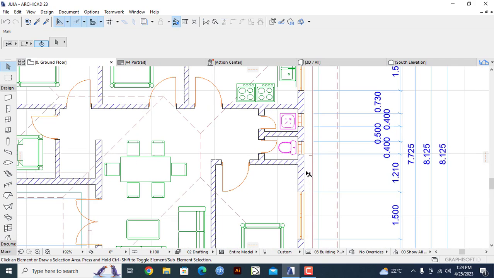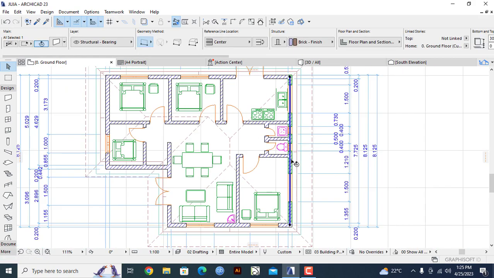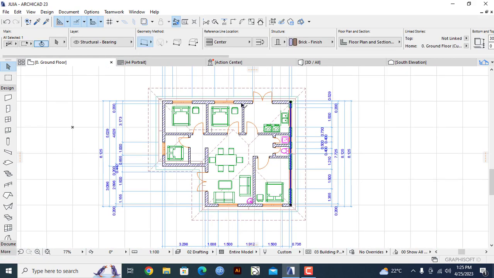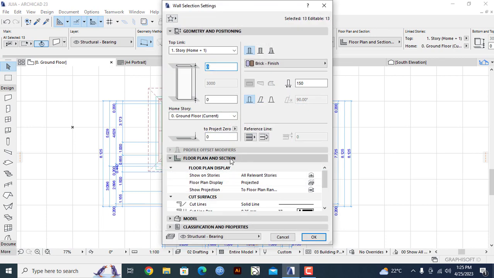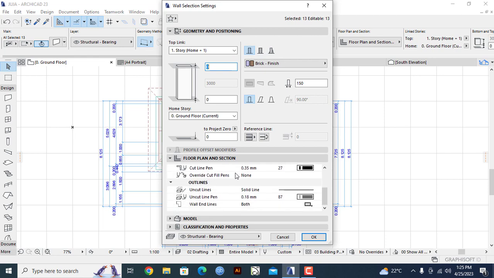So another thing that I also need to share with you is, still on the cut fill, I think there's something I'm leaving out. Let me just select all my walls. I'll be subjecting them to the same parameter. I believe all of them are. So I'll go back again to the wall and selection tools, and then I can go to the uncut plane,